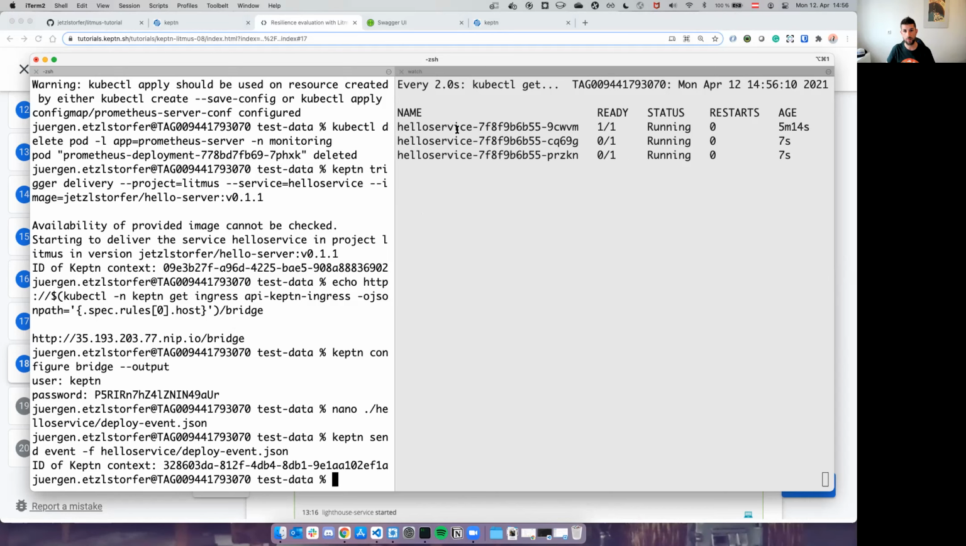We can already see it's now scaling up to 3 instances. 2 are not ready yet. They are not yet available because there is a readiness probe defined as part of this application, and it will take 30 seconds for it to initiate and then be able to serve the traffic. So after around 30 seconds, we should have 2